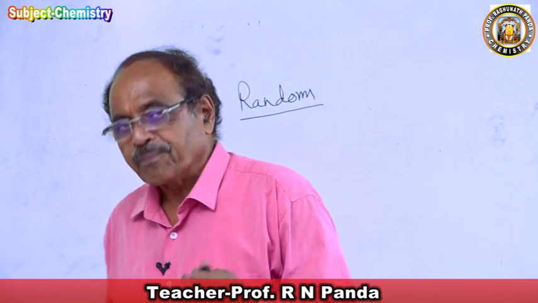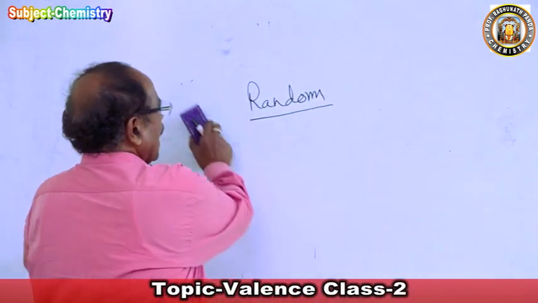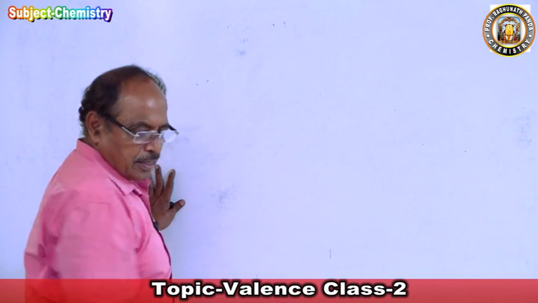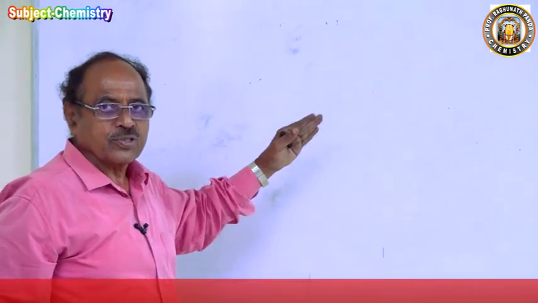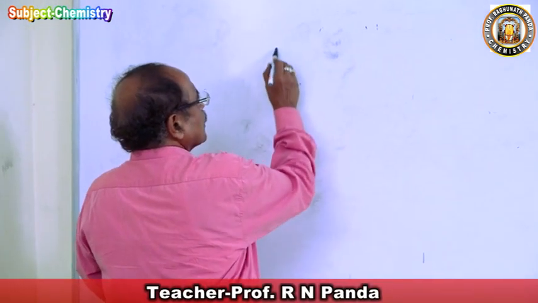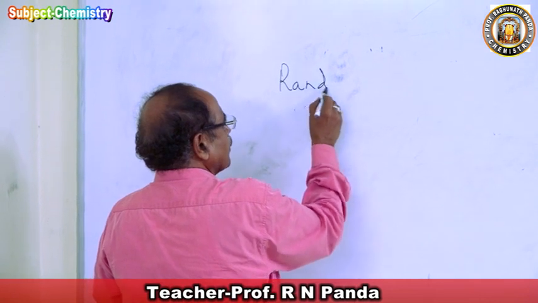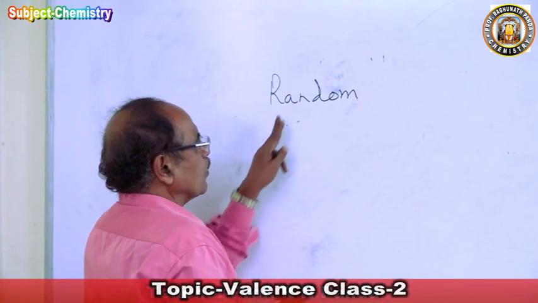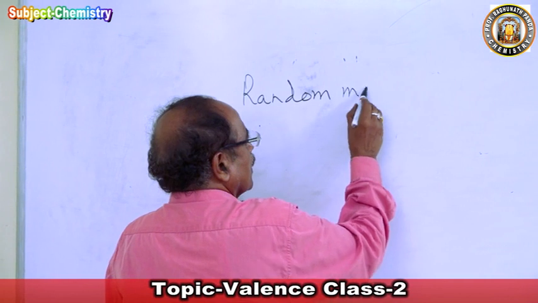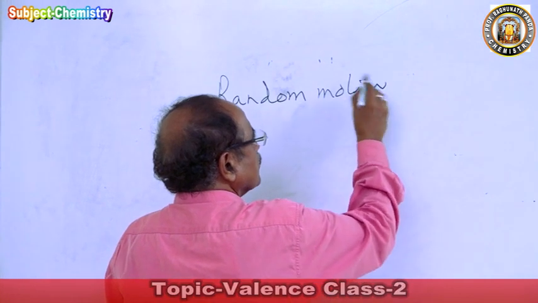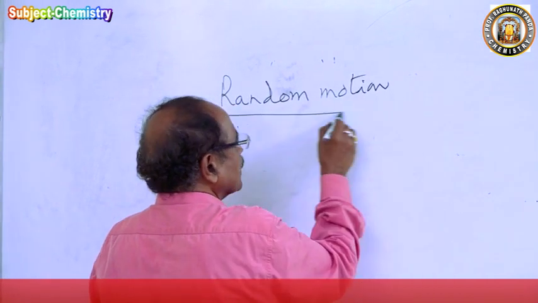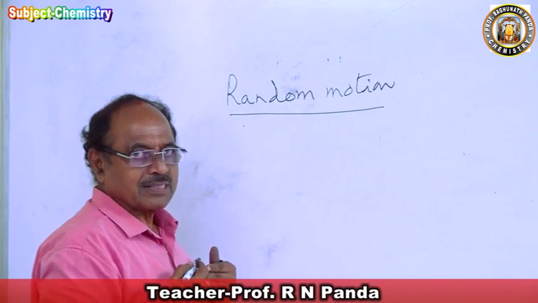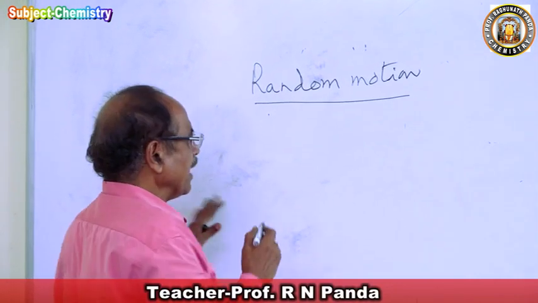He used the word random to explain this. Then what is this random? The gas molecules are having random motion. Gas molecules are having random motion. Then what is the random? So if a student asks me, what is random motion of molecules? If someone asks me what you mean by the word random, I will say,